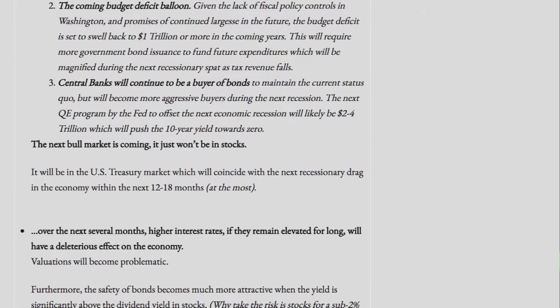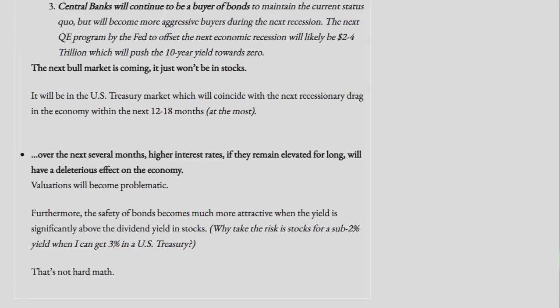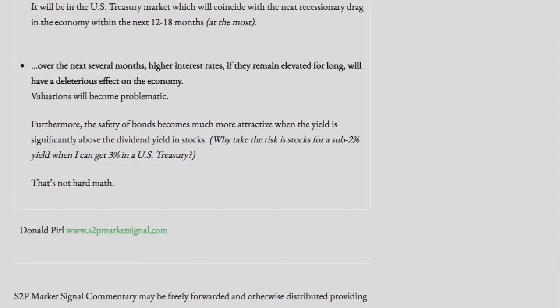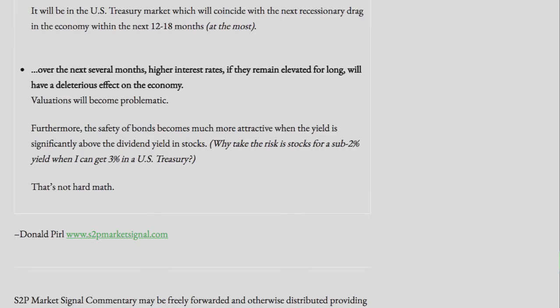3. Central banks will continue to be a buyer of bonds to maintain the current status quo, but will become more aggressive buyers during the next recession. The next QE program by the Fed to offset the next economic recession will likely be $2 to $4 trillion, which will push the 10-year yield toward zero. The next bull market is coming. It just won't be in stocks. It will be in the U.S. Treasury market, which will coincide with the next recessionary drag in the economy within the next 12 to 18 months